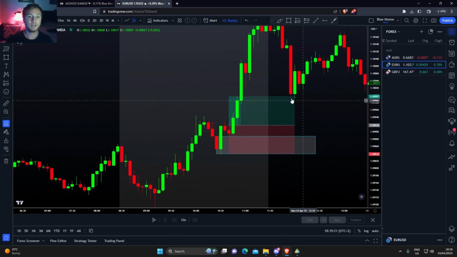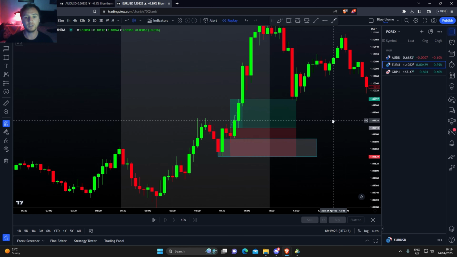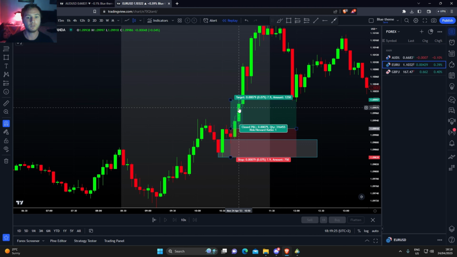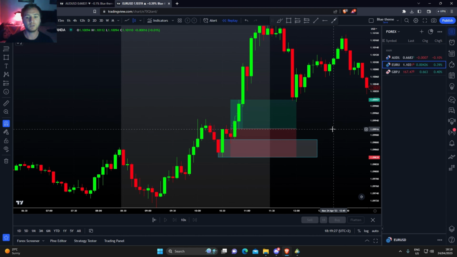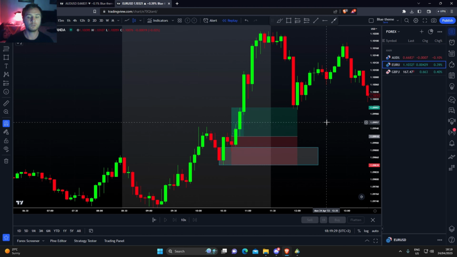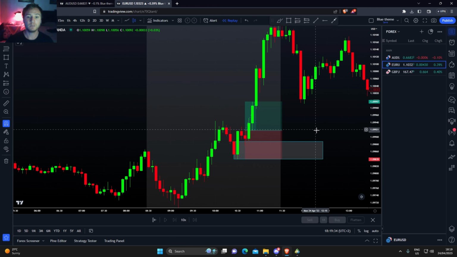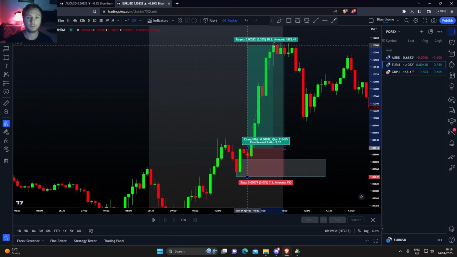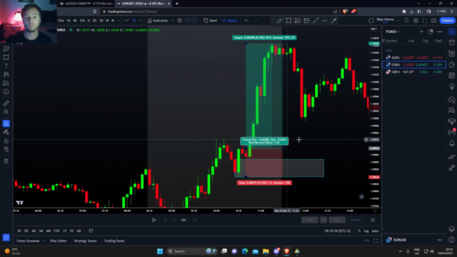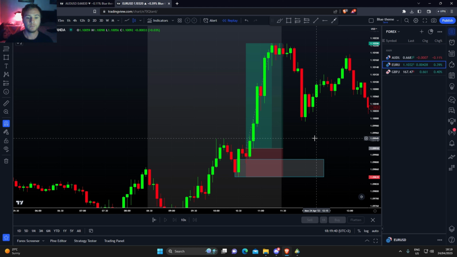Bang. Would have hit, well, it said it would have hit on this candle, so 15 minutes, but realistically, you probably would have hit something around there, stop to break even, all that good stuff, even trailing stop, whatever you want to do, but that got hit, and that's how easy it can be. And as you can see, the runners went to a potential nearly 4R. So that's the power of trading along with the trend,